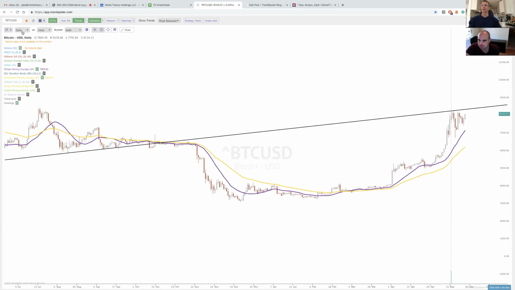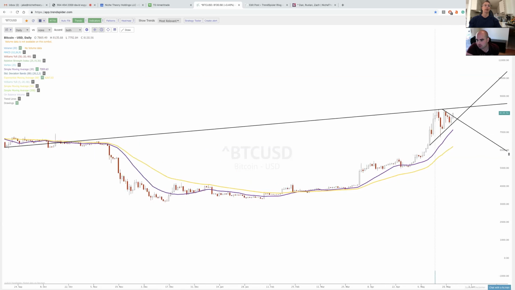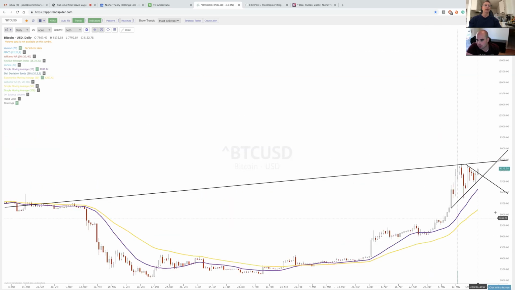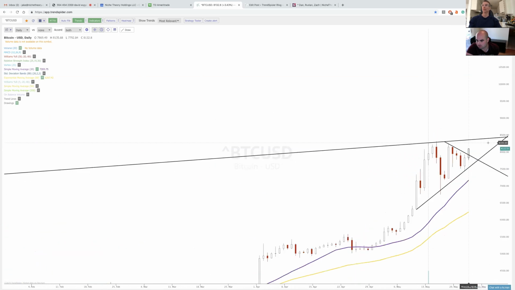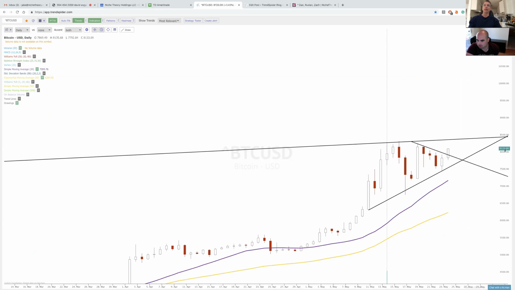Yeah, it's kind of crazy when you watch it, and you think to yourself, it breaks this trend line. I'll take the retest that breaks the trend line. I'll wait for it to burst through. I'll wait for it to retest, because if you take a look at it, Bitcoin really does that a lot. Everything does. The second move is the more powerful move, not the first move. And I just think that